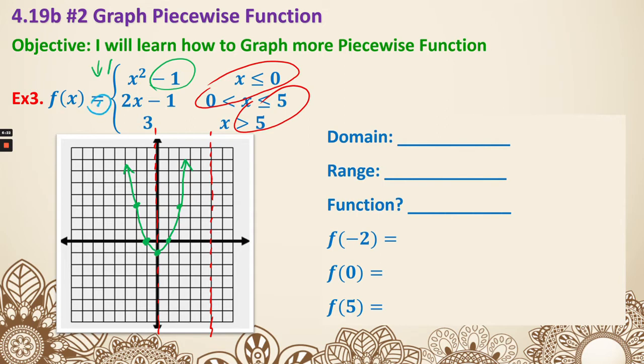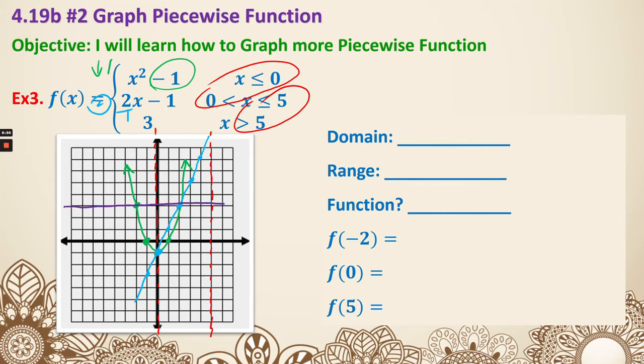Next, the second one, 2 over 1x, negative 1 is the y-intercept. 2 up, 1 over, 2 up, 1 over, 2 up, 1 over, and 2 up, 1 over. So that is going to give me a line right here, and it actually looks like it's crossing the parabola. Next, 3. Well, that is the easiest. It's just a flat line